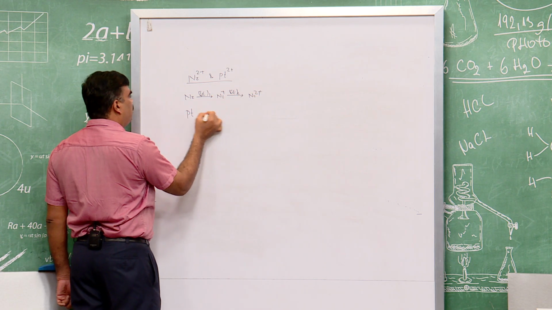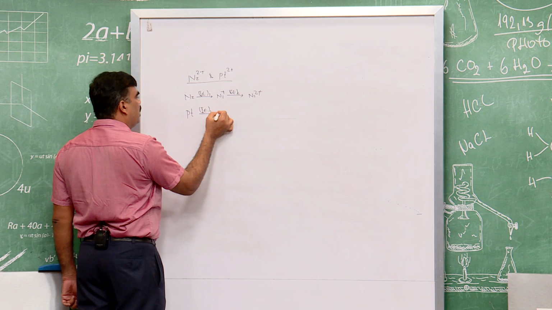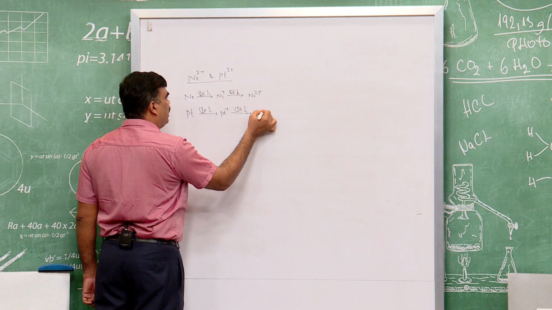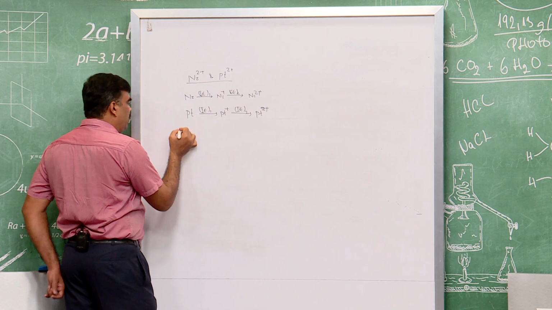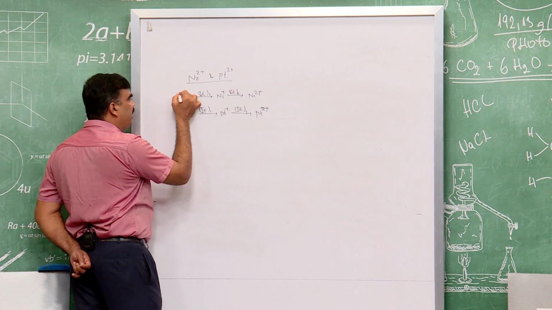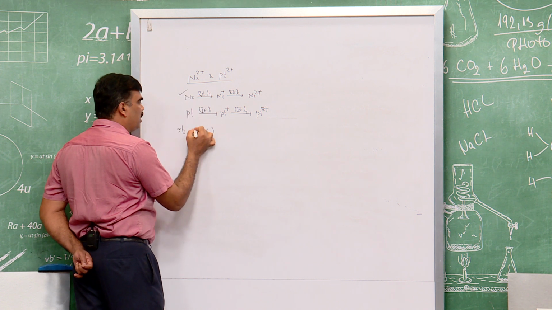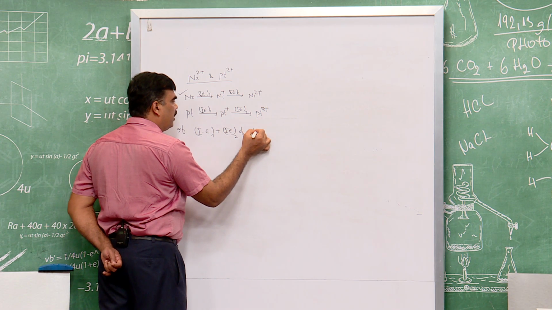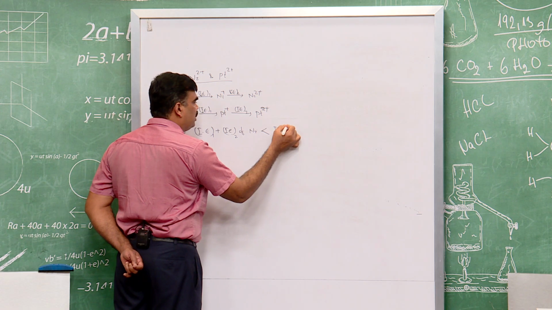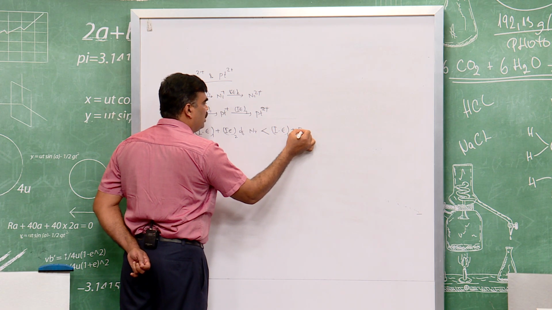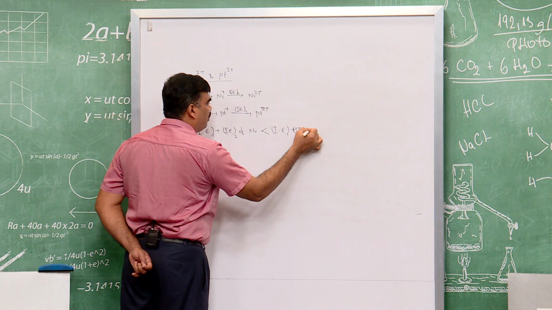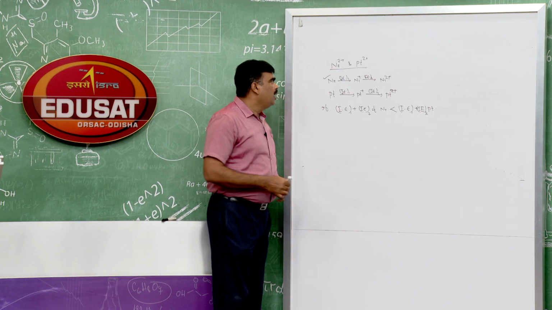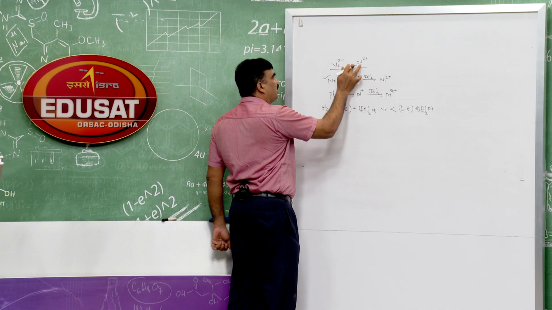In case of platinum, similarly ionization energy 1, Pt plus, ionization energy 2, it becomes Pt2 plus. The ionization energy 1 and ionization energy 2 of nickel are less than those of platinum. So the sum of ionization energy of nickel is lower than that of platinum,